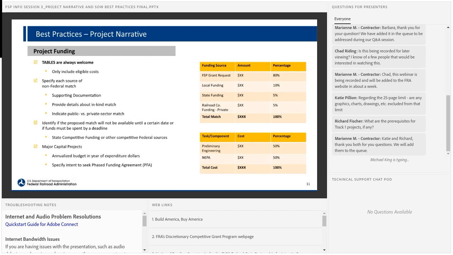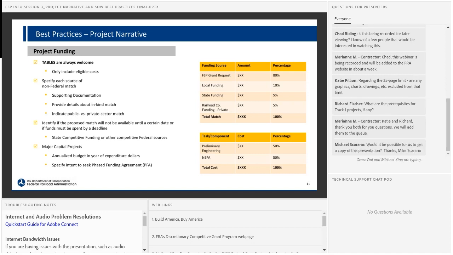For major capital projects, we had a previous info session webinar that you can see posted on our website specifically regarding these projects, as well as phased funding agreements and letters of intent. If you are applying with a major capital project, we also would like to see an annualized budget in terms of year of expenditure dollars and whether or not you intend to seek a phased funding agreement.